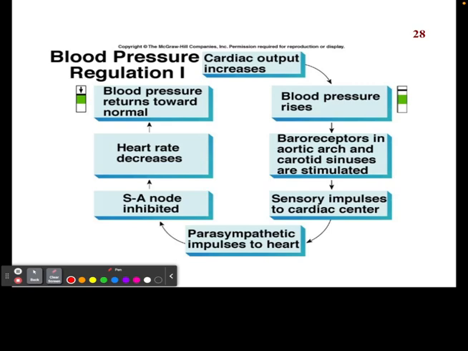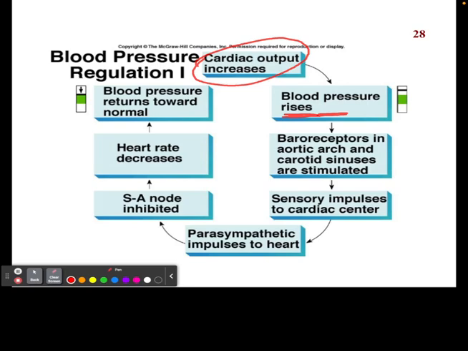Number one, cardiac output. Right? So now that we know what that is, it's the amount of blood being pushed out of the heart and into the arteries per minute. So how much blood is getting moved through the arteries every minute. When this level goes up, this is going to increase your blood pressure, right? Think about it. More liquid in a certain amount of time, the higher the blood pressure you're going to have,